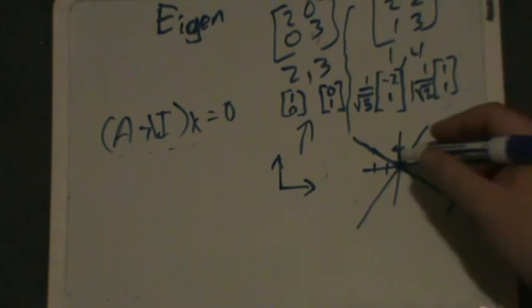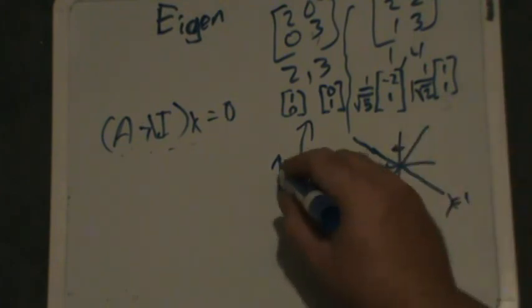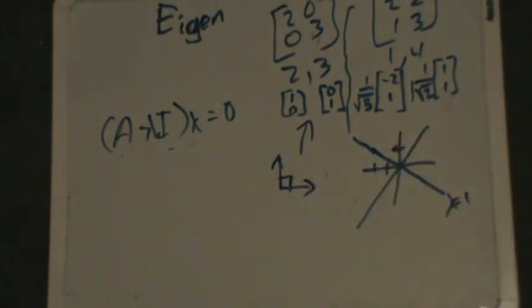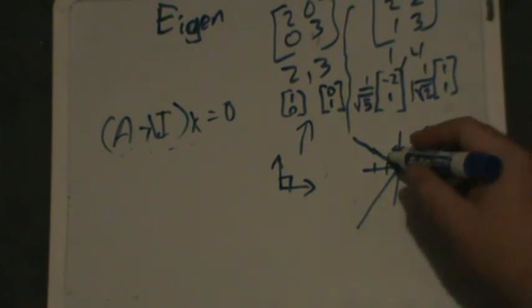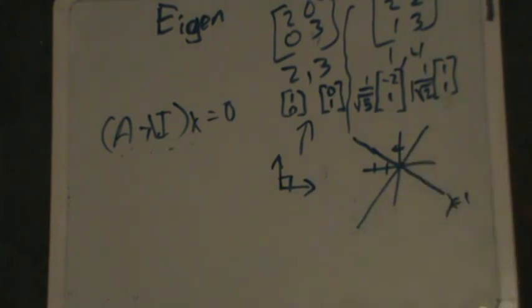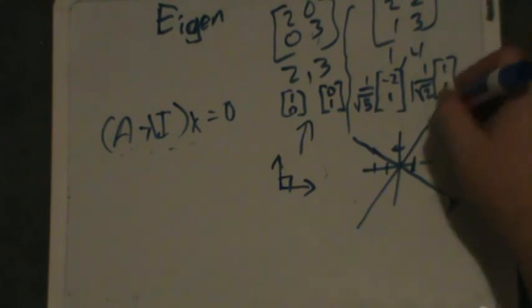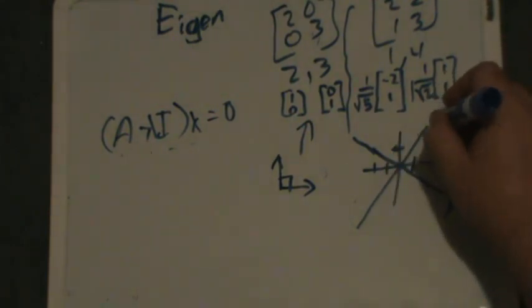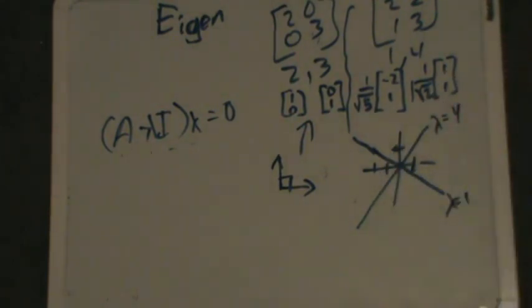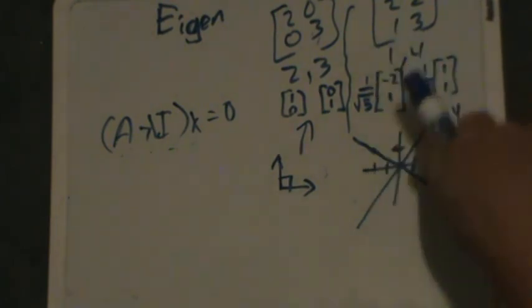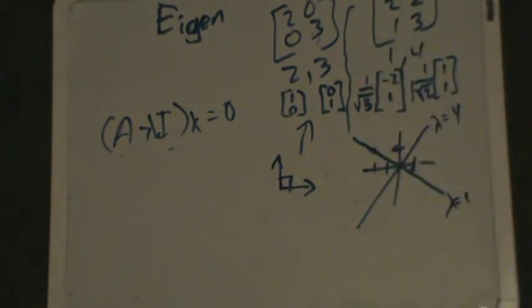Now notice these are not 90 degrees off from each other. These ones were. So you don't always get that they are 90 degrees. In fact, this is bigger than 90 degrees and that's less than 90 degrees. But there is life. So that's this one. This is lambda equals 4. And it turns out that you will get, based on the eigenvalues, if you plot out, an ellipse.